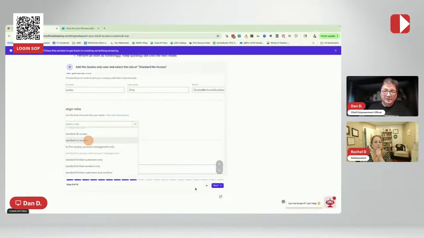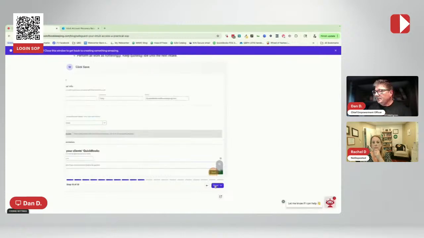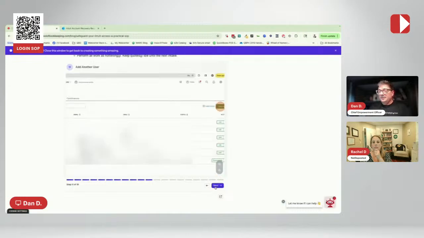They only have access to clients, right? That's the standard only. And then you save it, and then that invite is going to come to your regular email address. You create a user ID associated with quotes at your domain, and that is the user that would be used to accept those invitations, right?